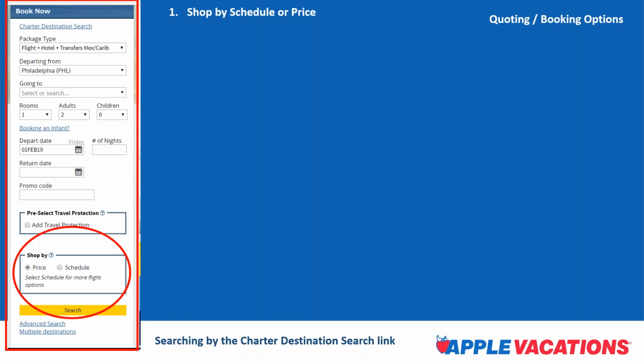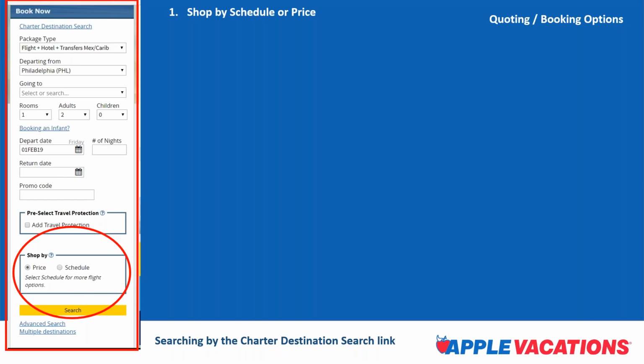You can toggle over and search by schedule, and one time that you may want to do that is if you are looking for a particular flight, an absolute particular flight, and a particular class of service, so that maybe you can price match. Maybe you have a price from another competitor and you want to check Apple Vacations' price, and you know it's got to be apples to apples.